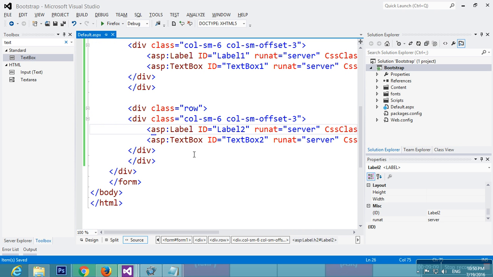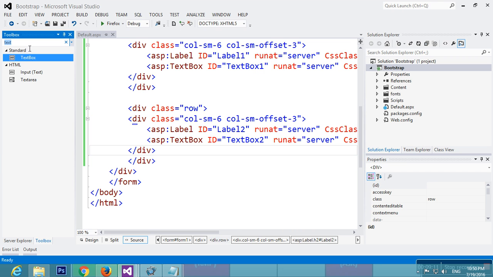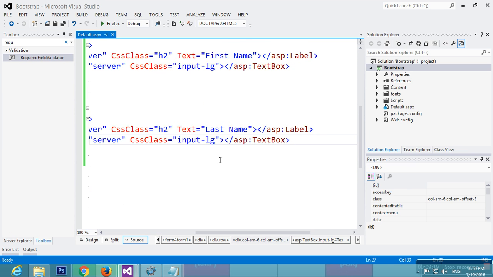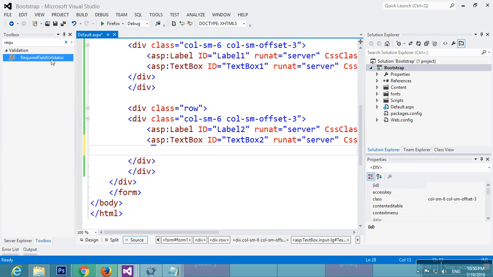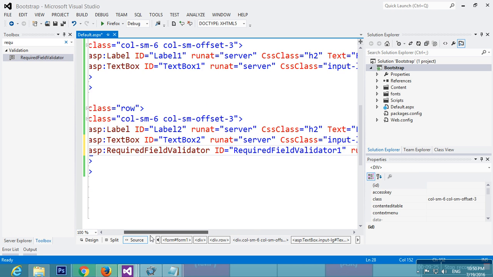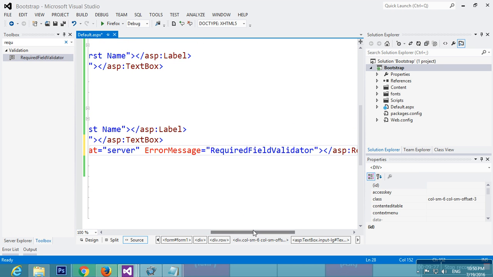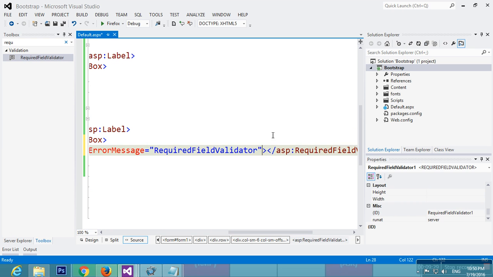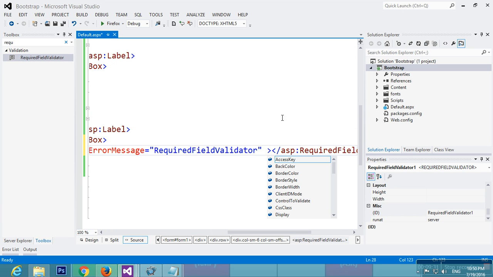So the same thing we can do also. Now let's say you have put a validator control. The control could be, let's say, a required field validator. I want it after this text box over here. So I'll use this required field validator. Now I could use some Bootstrap class which will give the effect of an error message.